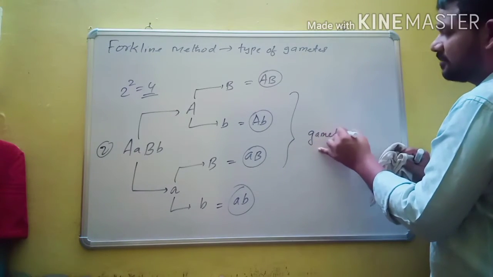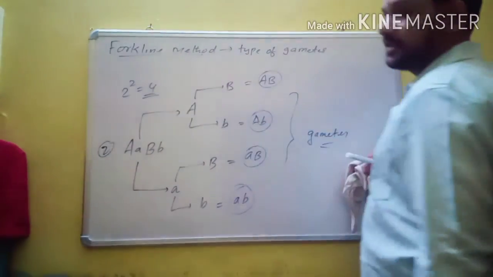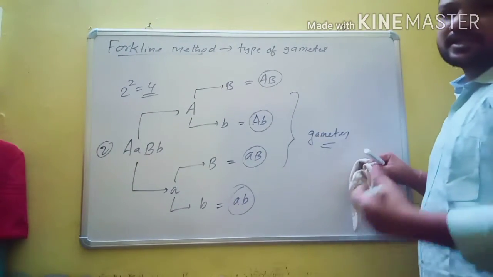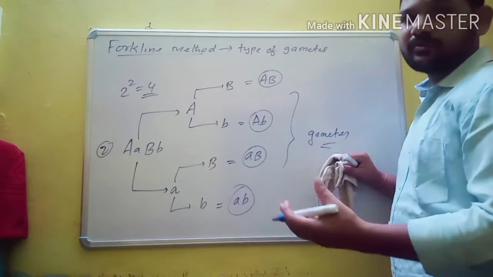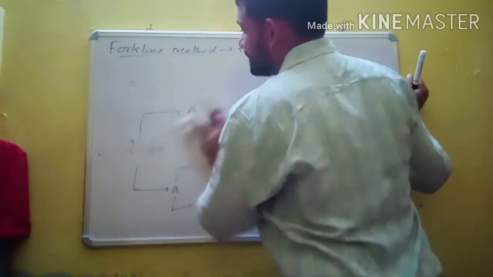The type of gametes come from the given genotype. For this we use the fork-line method. The fork-line method is very simple for obtaining the type of gametes from the given genotype. And one more example is